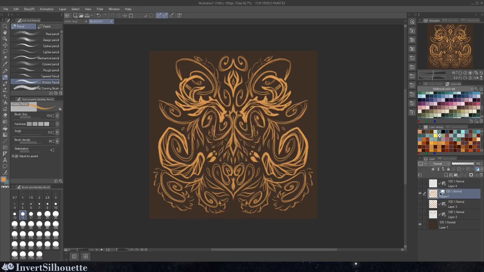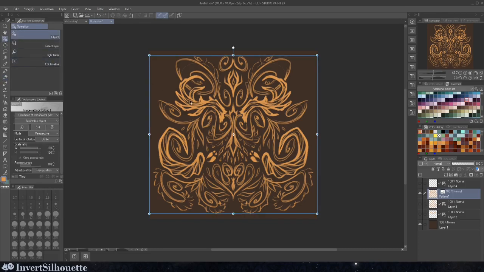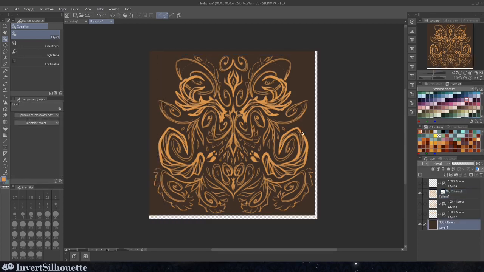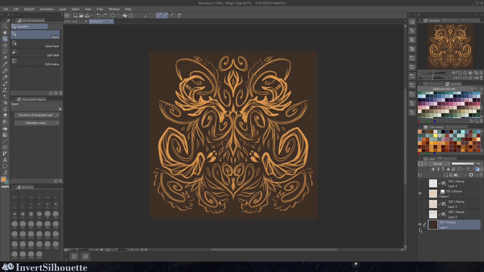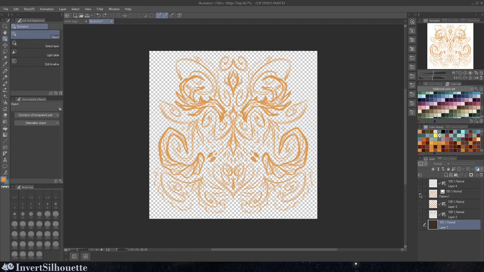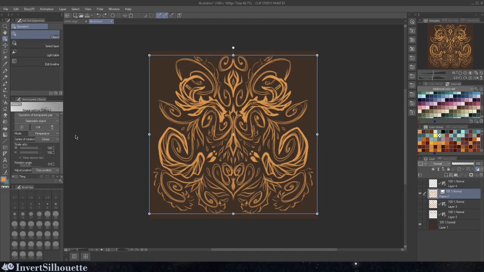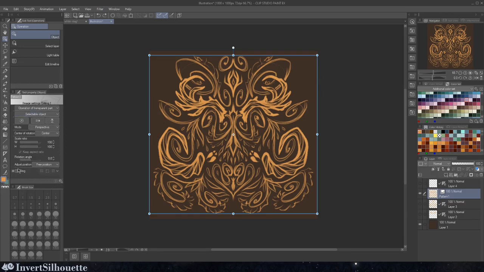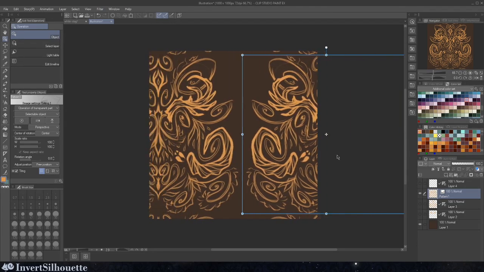So once that's happened, you'll see this little icon over here, and you can go over to the operation button over here, and that'll grab everything that's on your pattern. So not the background, as you can see, but it'll grab everything here. So for this, you can go over to your tool property panel, go to the very bottom and click Tile Image. It will now take your pattern and tile it